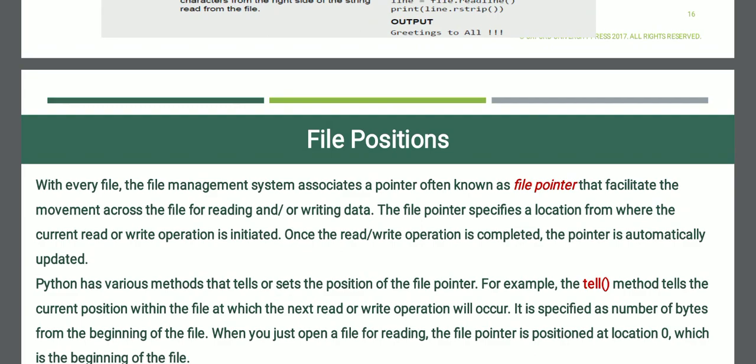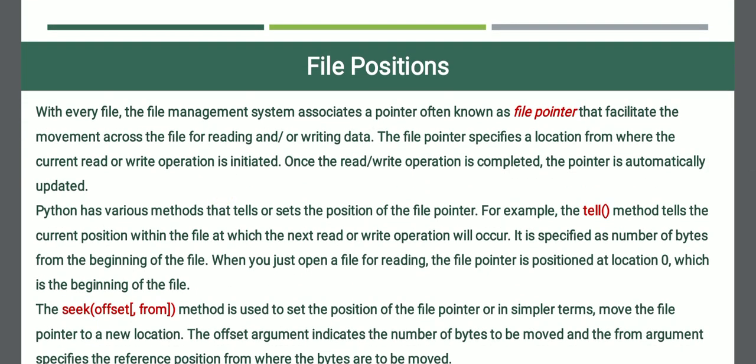The file pointer specifies the location from where the current read or write operations are initiated. Once all the operations are completed, the pointer is automatically updated, meaning whether it should be placed at the starting or at the end of a file. So Python has various methods which tell or set the position of that file pointer.